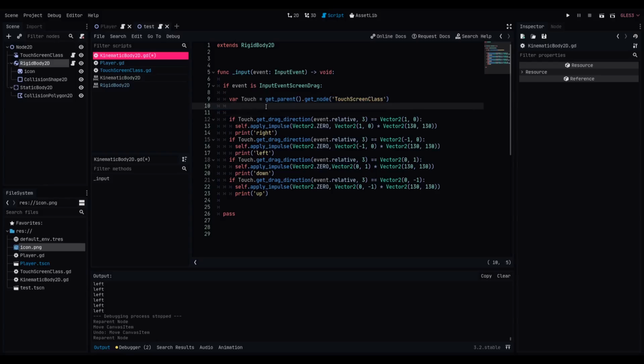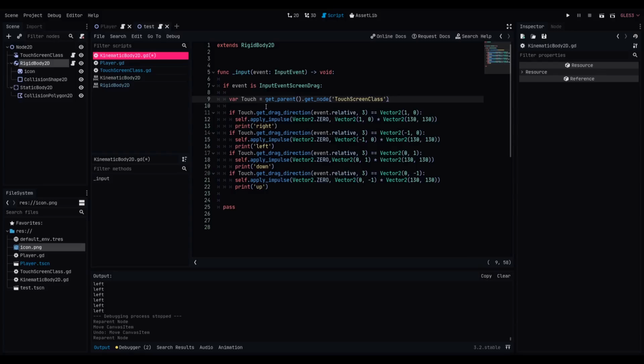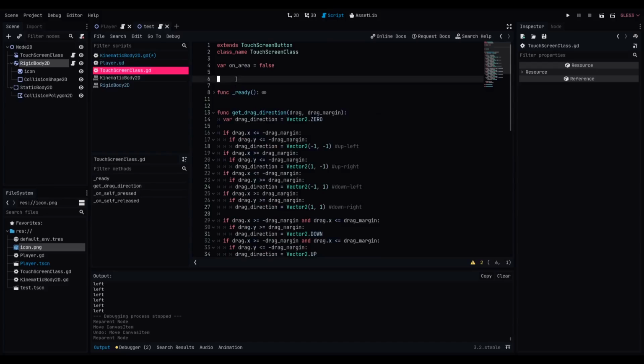Alternatively, if the TouchScreen class was underneath our node, then we could just use the money symbol and access it like any other node. But it is not, because we don't want it flying around the screen, so we're doing this. Also, what you could do to get the variable from another node is, if it was a regular variable